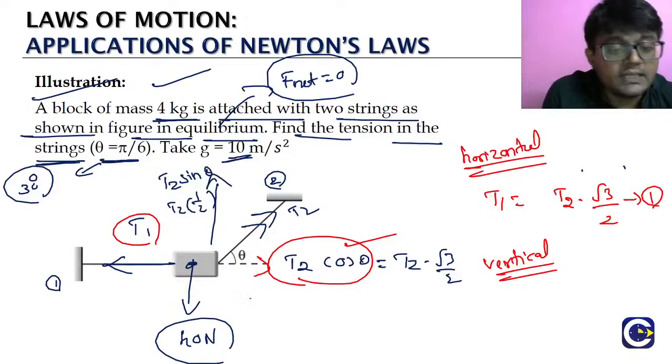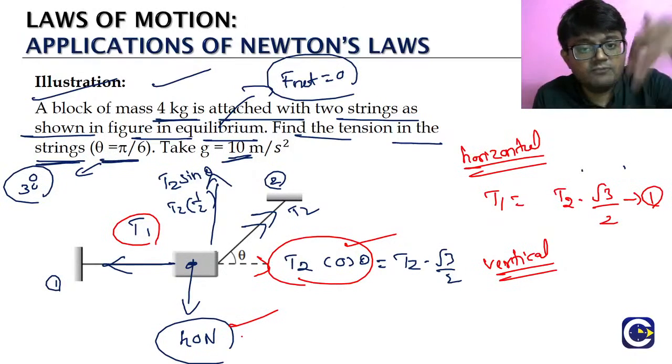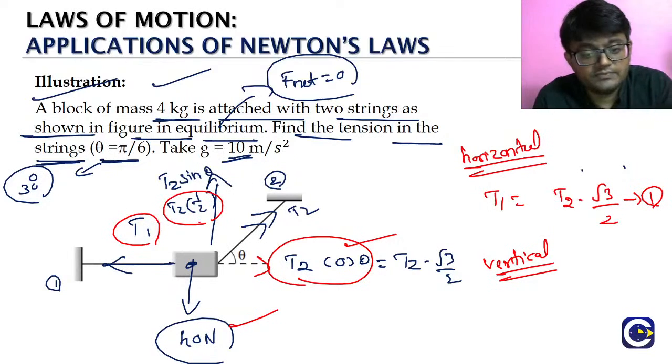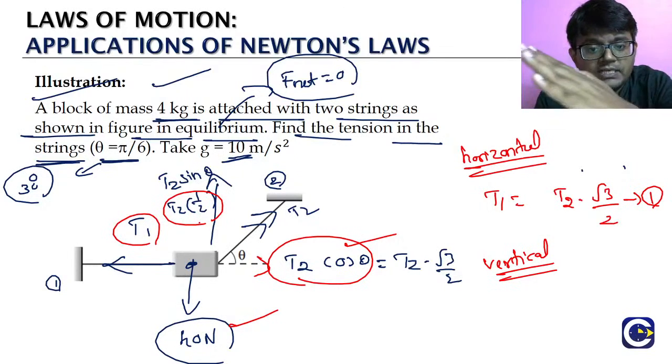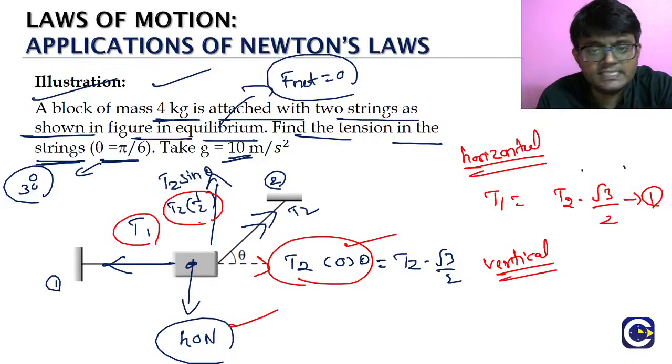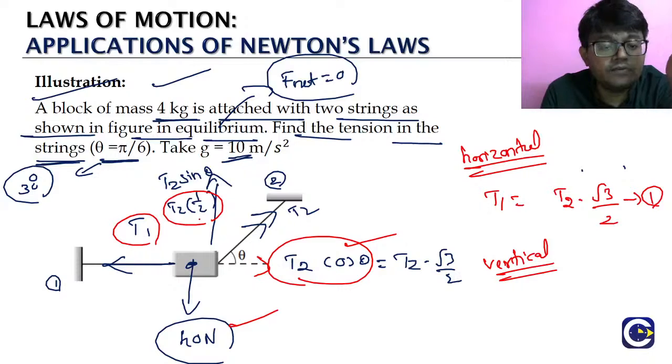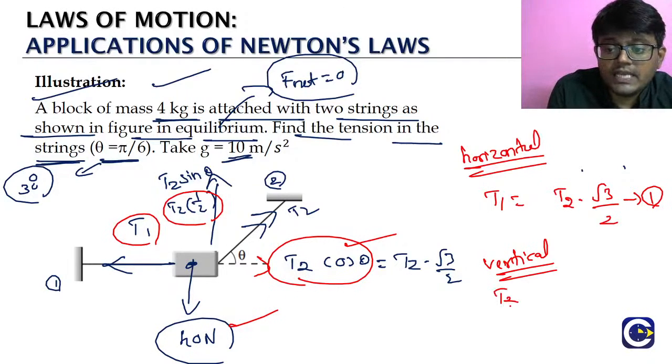In the vertical direction, what is there? There is a weight, 40 newtons downwards. Then T2's other component, because we have split T2 into two components. T2 cos theta is towards the horizontal direction, and T2 sin theta is the vertical. Sin theta, as I said, is half, so T2 into half, which is T2/2. Vertically upwards, weight vertically downwards, balanced condition, so the vertically upwards T2/2 should be equal to